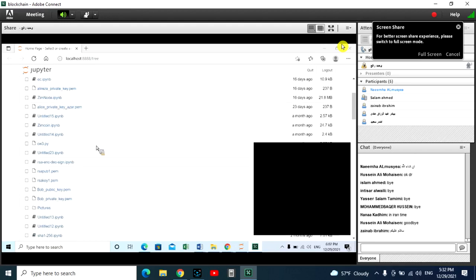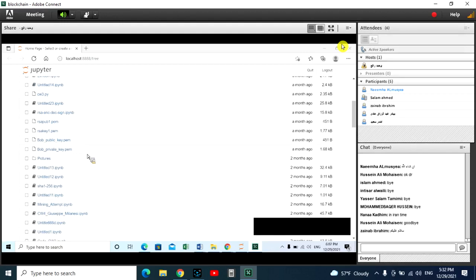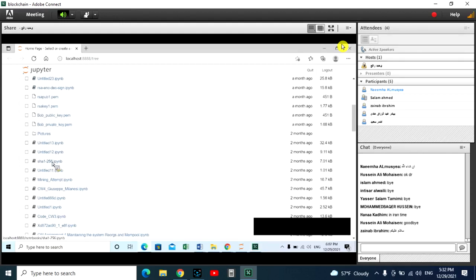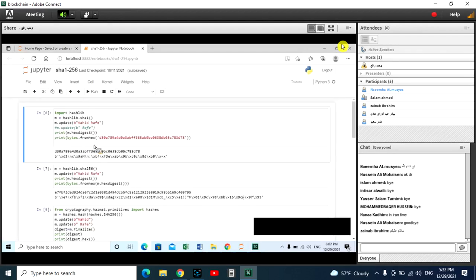At first, I'm trying to start with cryptographic hash functions. Okay, as I said, there are two different ways for implementing and using different hashing algorithms. One is